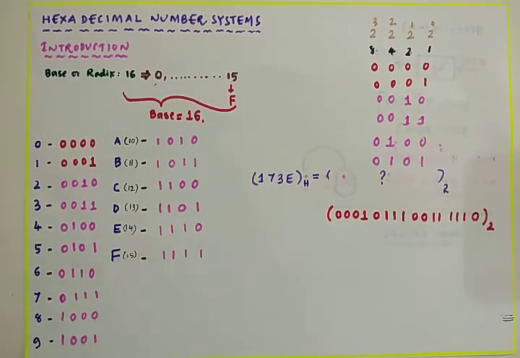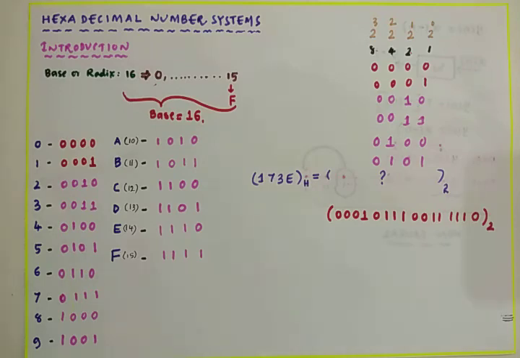So far I have explained the necessity of hexadecimal numbers. The digits in the hexadecimal number system are 0 to F, total 16, so the base of that number system is 16. I have written all 16 digits from 0 to F and represented them in binary form. Then, if you know the binary number, you have to convert it into hexadecimal, and if you have the hexadecimal, you have to convert it into binary form. I am going to explain two examples now.